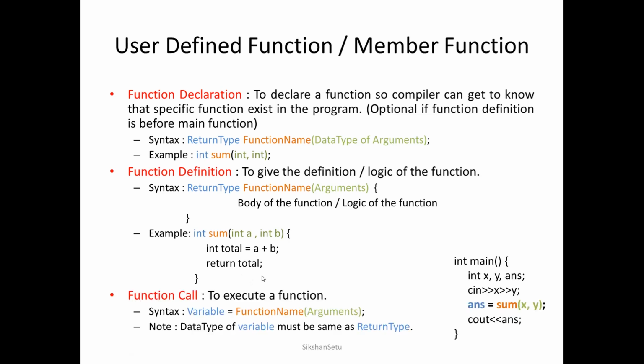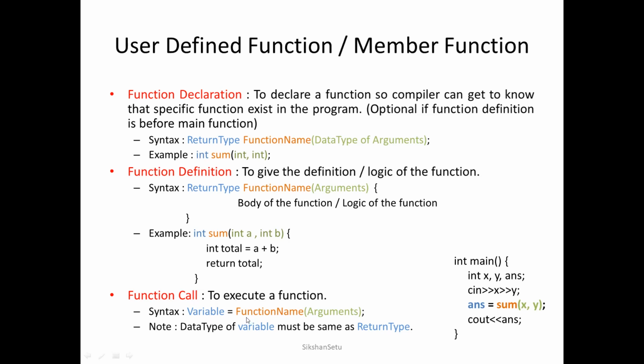And the third, equally important part is the function call, because if a function is declared and defined, but we are not going to call it, then what is the purpose of it? For example, suppose a very delicious pizza is in front of us, but if we are not able to eat it or our family member has not asked us to eat, then what is the use of that pizza? In the same way, you declared a function, defined a function, but you are not going to call it or use it, then it is of no use. So function call is very important.